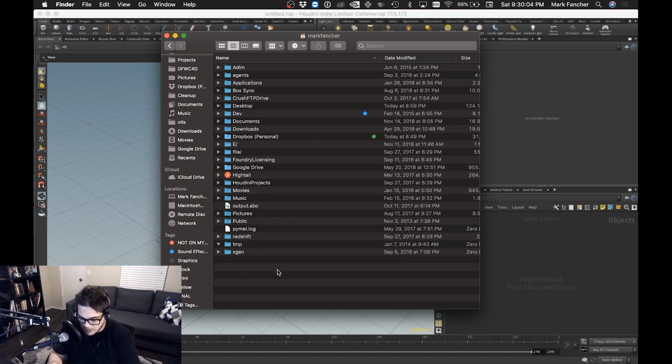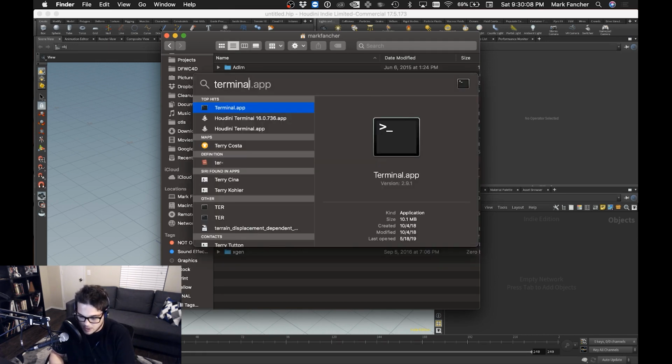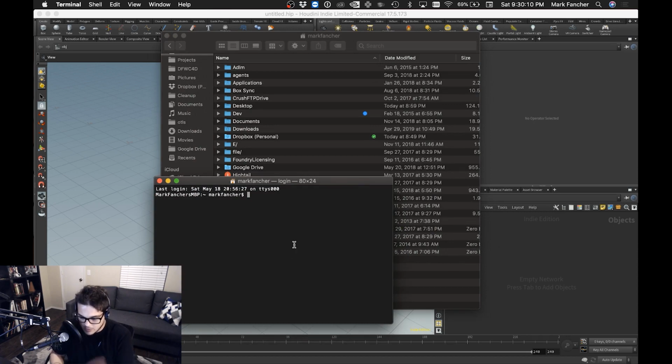So to get around that, we've got to go into Terminal, which is going to suck. So let's do that. I'm going to type in Terminal. And here we are. So the trick to showing hidden folders on the Mac goes as follows. You just write exactly as I am,